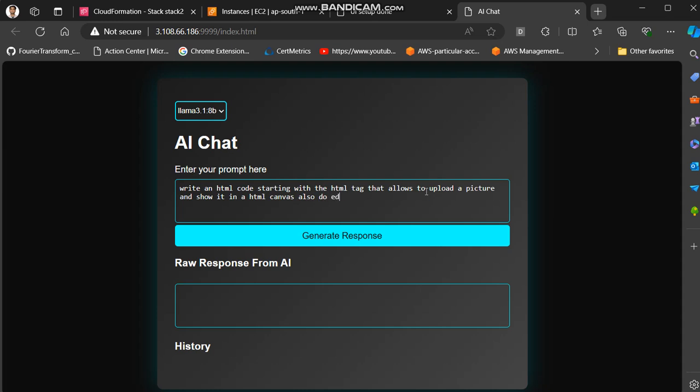Also do edge detection on it. Share just the HTML, everything that I can